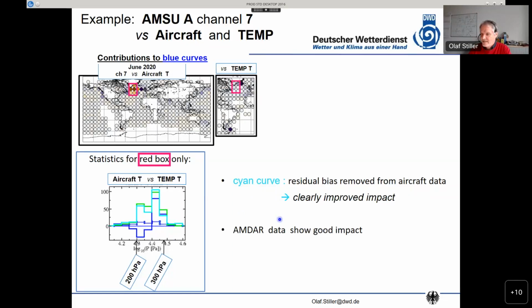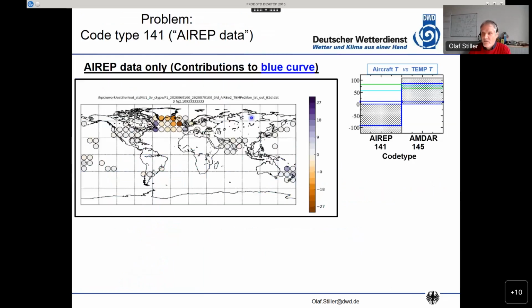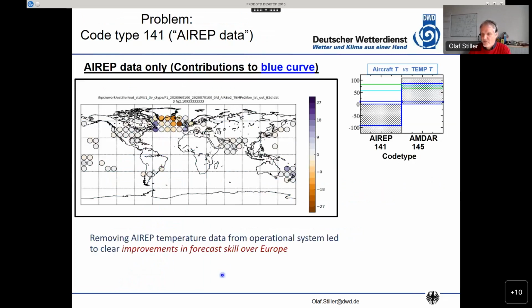I also found that there are two types of aircraft data in this red box region, and one of them, the under data, actually showed excellent impact, and the problem was really the Arab data. If you look where the Arab data are, most of the impact is actually over the North Atlantic. So it's not surprising that when we removed them from our operational system, we got a clear improvement of forecast skill